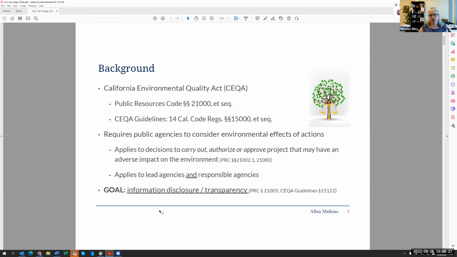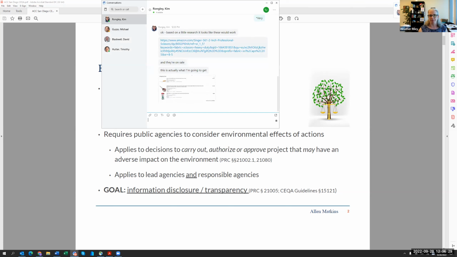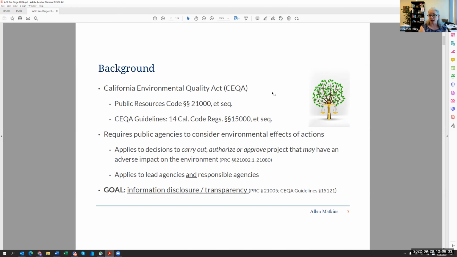And in addition, you also are going to look at case law. Because Ceqa is so controversial, there are hundreds, if not thousands, of cases over the years that have addressed Ceqa. So I think for the most part, the case law we're not going to talk about today, but I just want to put you on notice that there is a lot of it out there. Everyone's got a different opinion on Ceqa, and a lot of it comes through in these cases.